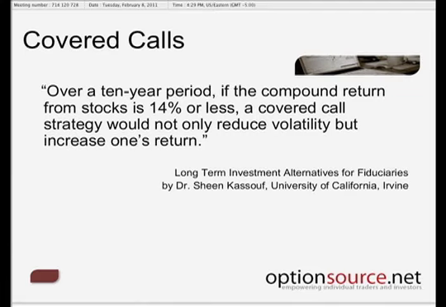In fact, in the very big picture, if you go back even a century or more, the stock market has on average returned in the vicinity of about 6% annualized. And obviously, if you measure something like the 90s, it looks like it was 10+%. And if you measure the last decade from 2000 to 2010, there were no average returns. In fact, it might have even been negative. But when we go long term, stocks in the bigger picture really only average about 6% over the very long term. So if we can just create a 5 or 6% return off of covered call writing, we actually are going to outperform the market in almost all scenarios.